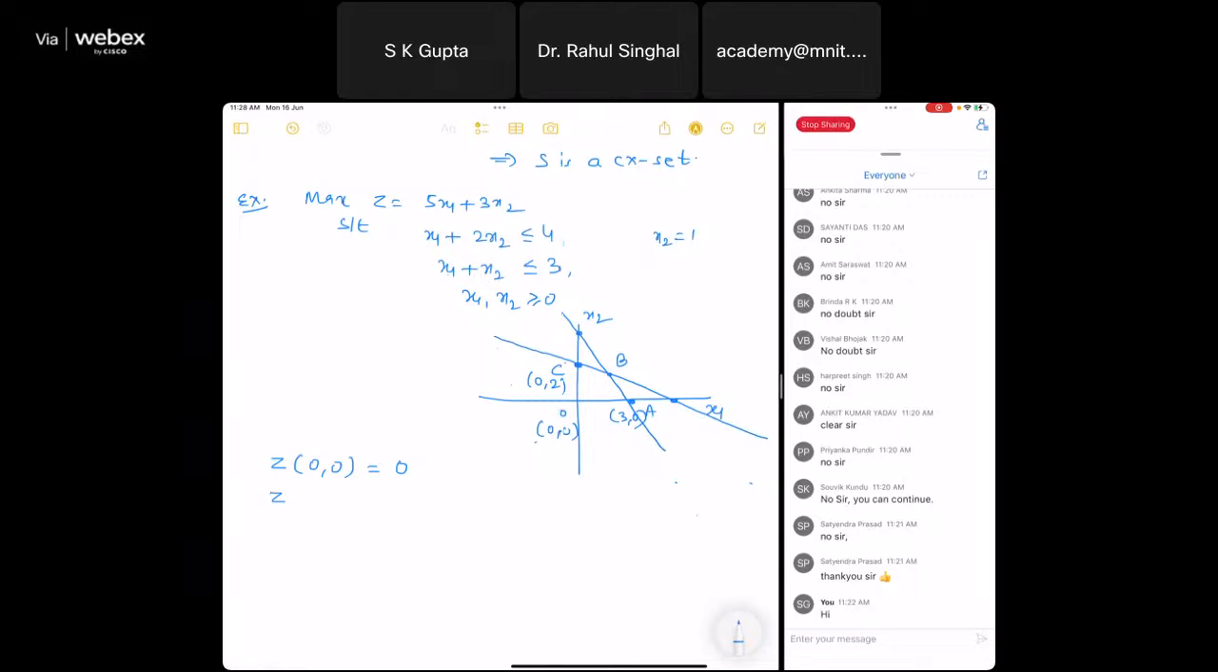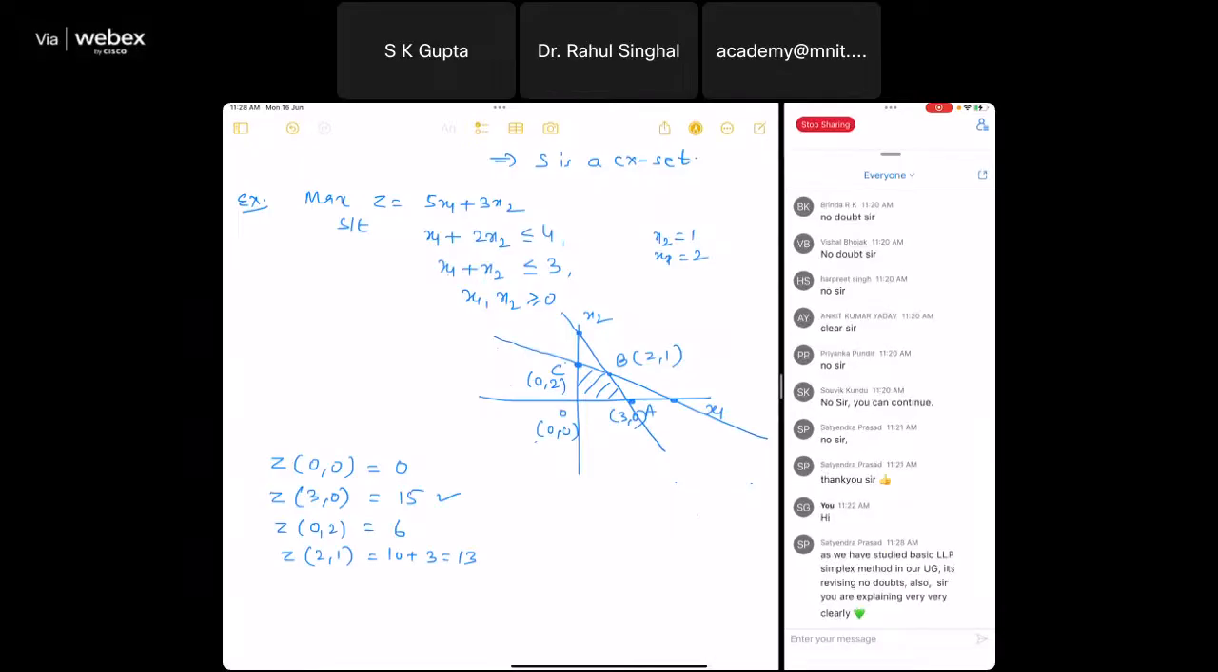So what is z at 3 comma 0? A point, this is 15, right? What is z at 0 comma 2? This is your 6. And what is z at 2 comma 1? Is simply 10 plus 3, that is 13, right? So this 15 is giving you the maximum value of this objective function. And at which point? At the point,